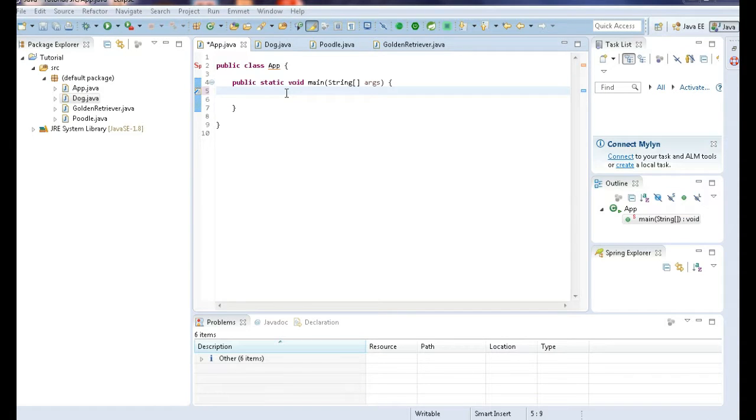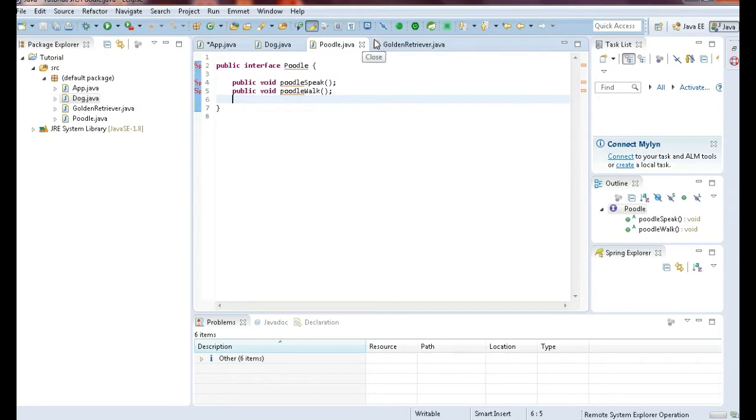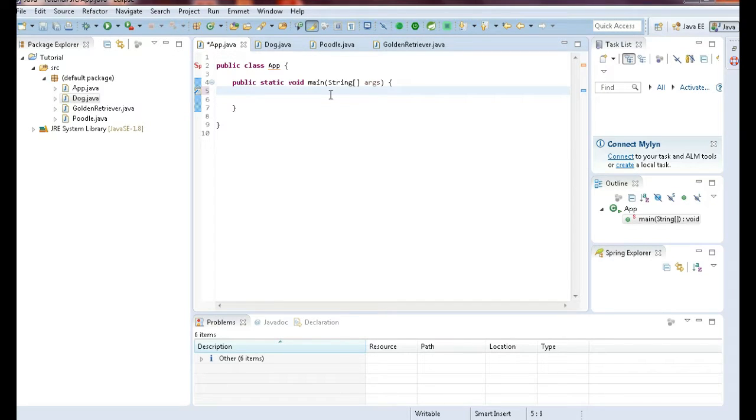Now what we want to do now is make our way back to the application object class. Now this is where we're going to actually start incorporating multiple inheritance. So in order to do that, what we need to do is set the base class, which is dog, and assign that to an interface object reference. So this is how we would go about doing that. And I just want to point out we do have these two interfaces, Poodle as well as Golden Retriever. So what we want to do is actually go Poodle,